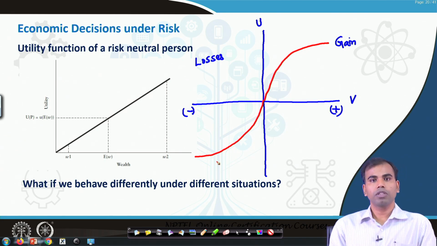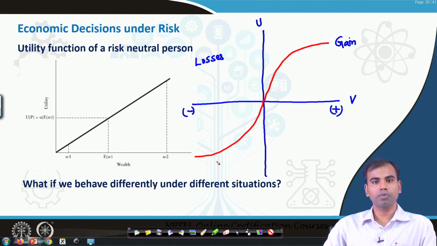This is what is known as the prospect theory curve, or the utility function for a human being, which is different from Homo economicus, and it indicates that the utility function for an individual would be different for situations where gains are involved, and different from